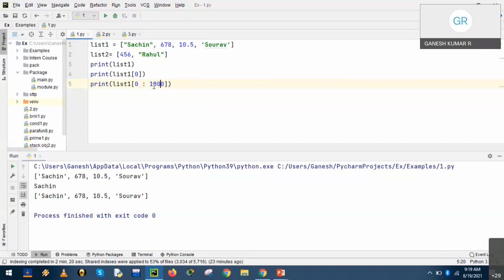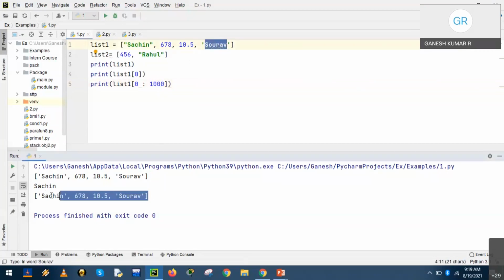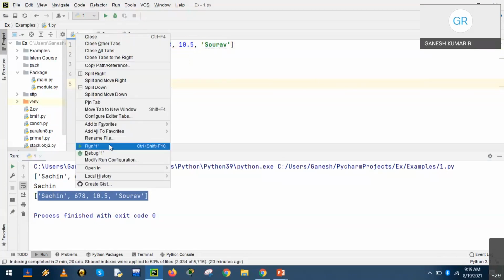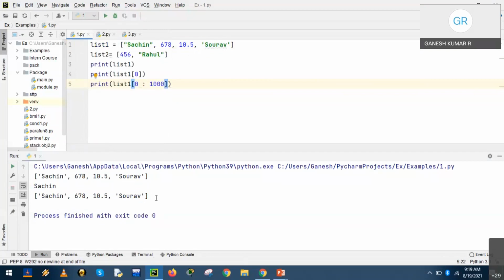Because 1000 is valid and it is a positive value, it could be used as an upper limit, but the interpreter will consider the existing upper limit value and display the results accordingly. Let us run the program and check it again. No change in the output. So the Python interpreter will consider only the existing upper limit, irrespective of the user's limit.